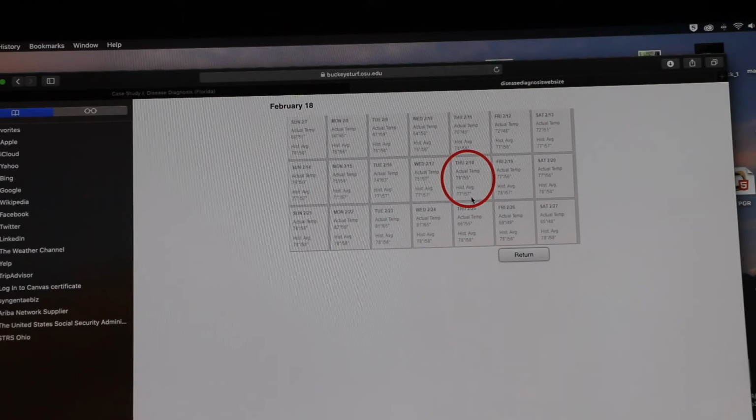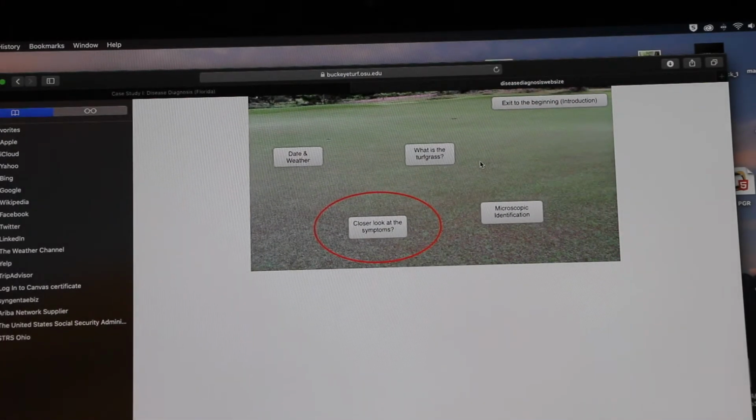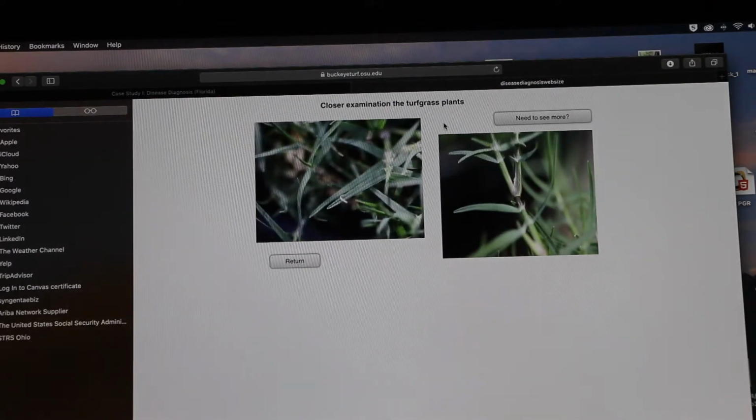So we have basically cool weather. They don't give the rainfall, but they supplement with irrigation. So it's relatively cool. So we know this disease probably occurs during the cool part of the season on Bermuda grass. What is the turf grass? Well, by knowing the location, we can fairly well narrow it down to, again, whether it's Bermuda